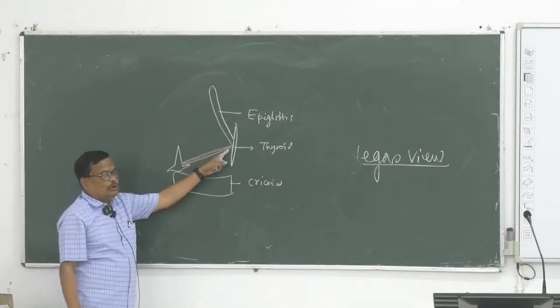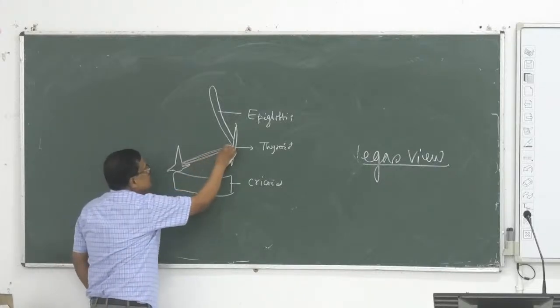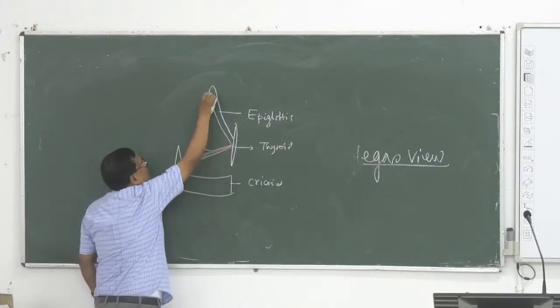So it is called the thyroarytenoid muscle, thyroid to arytenoid, and some fibers of the thyroarytenoid come to the